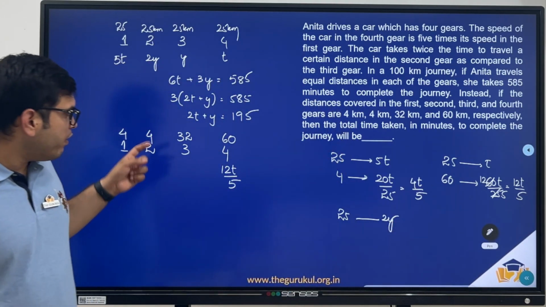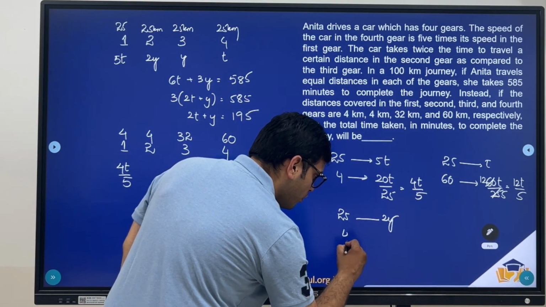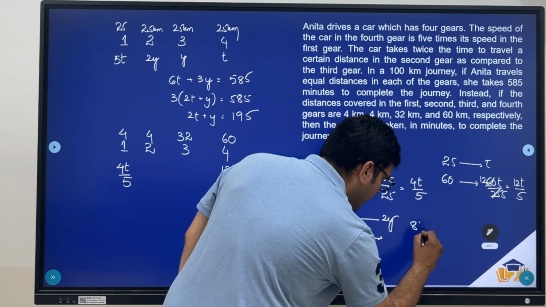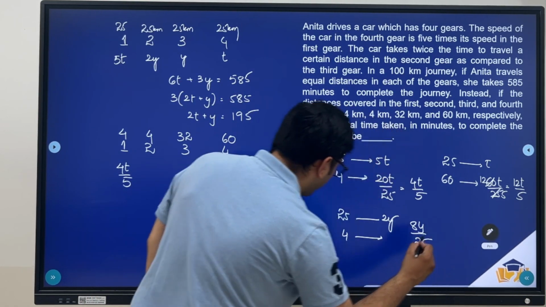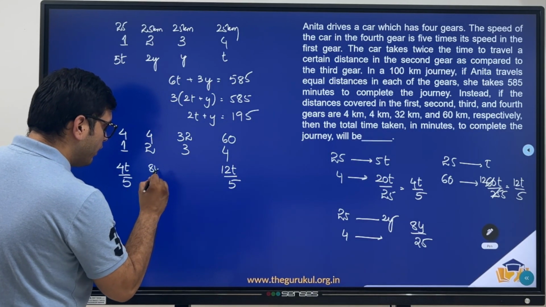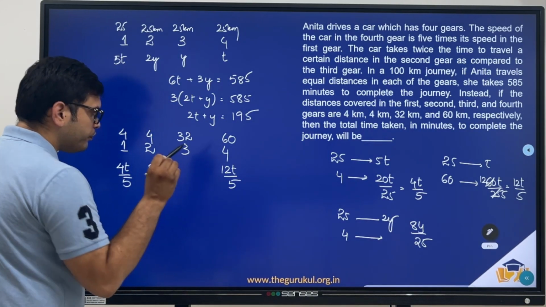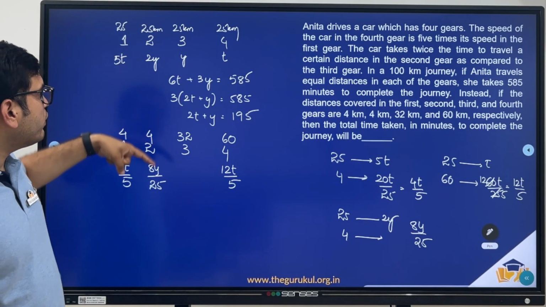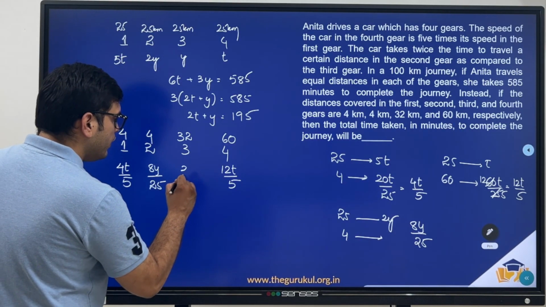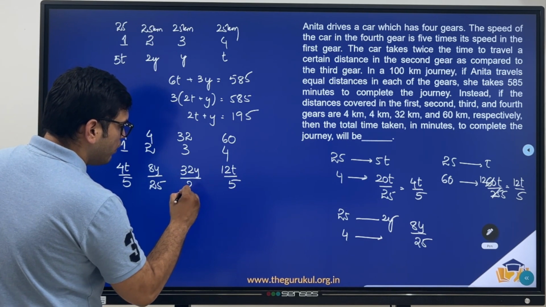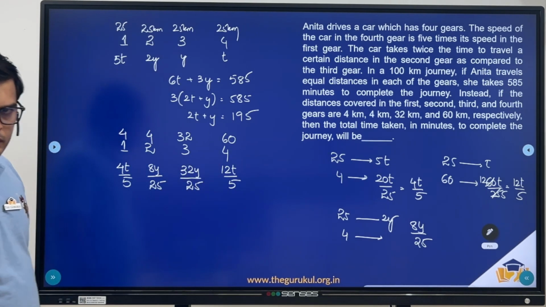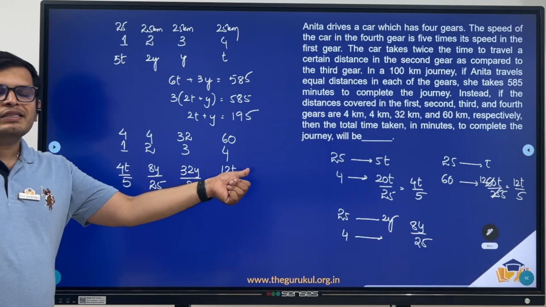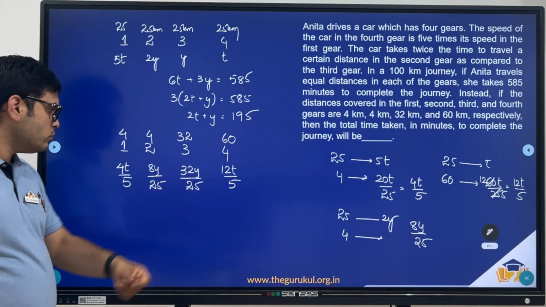Right. Now to travel 4 kilometers, it would be taking 8y by 25. And to cover 25 kilometers, y. To cover 32 kilometers, it would be 32y by 25. Now we are asked to find the sum of all this total time taken. So let us add,